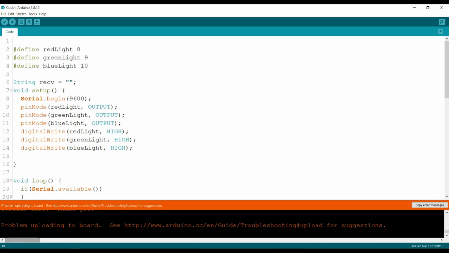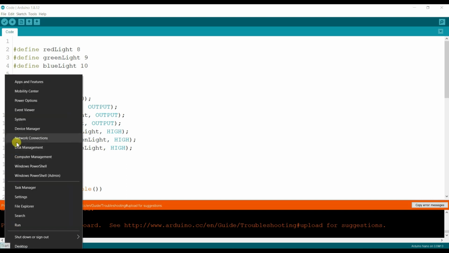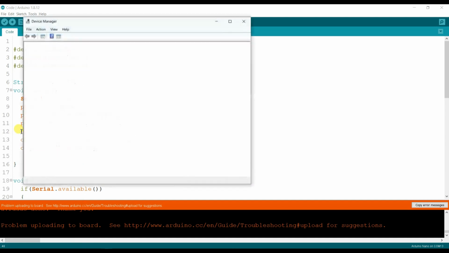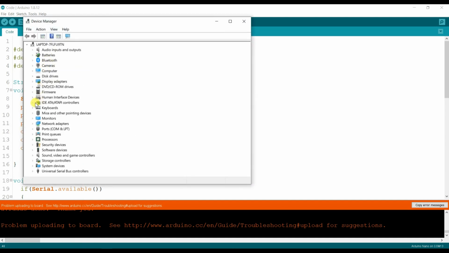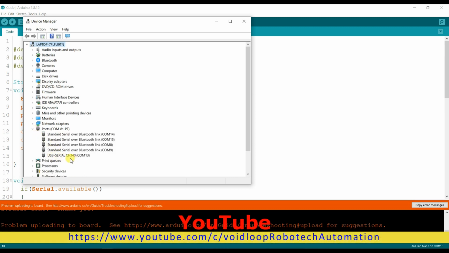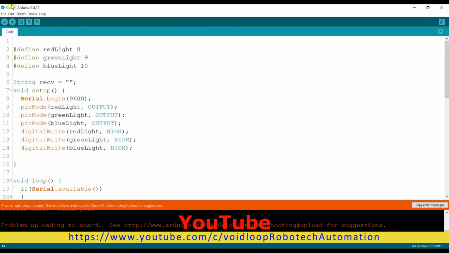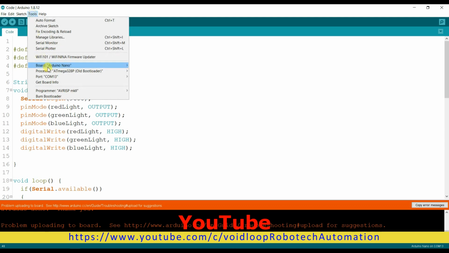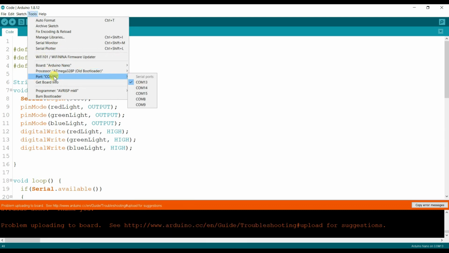Go to the start button, right click over here and click Device Manager, and click here Ports. You can see here USB to serial CH340 COM port 13. It means the Arduino Nano COM port is 13, so this is already selected.